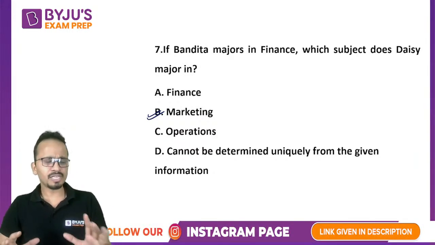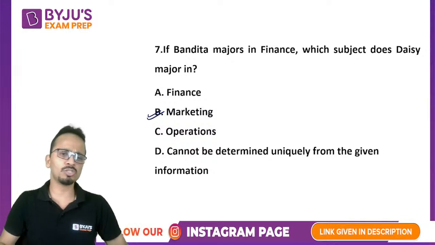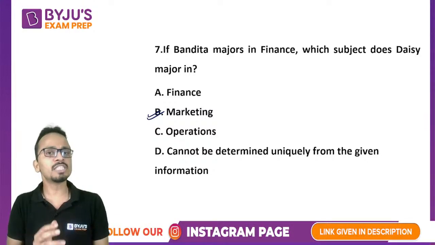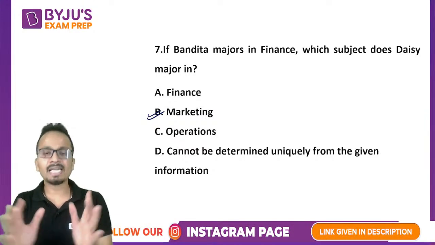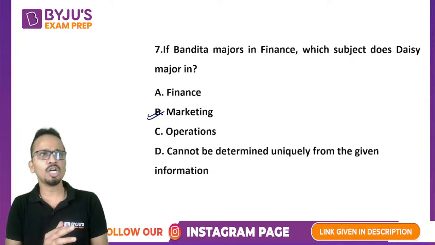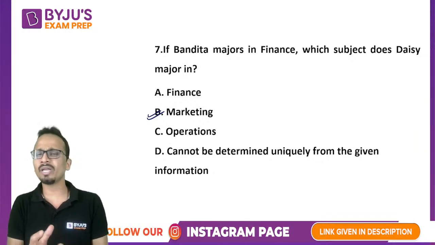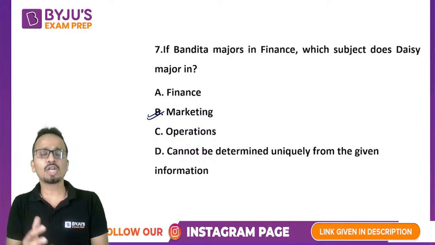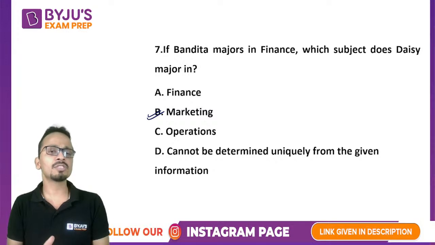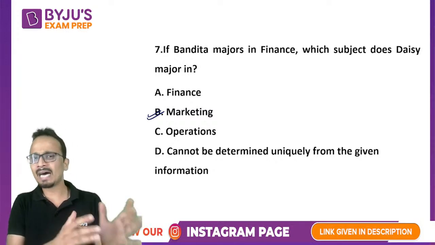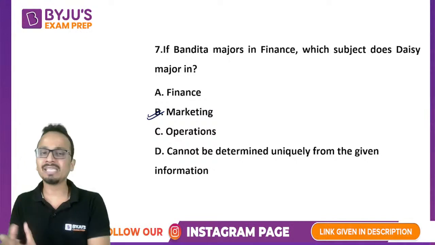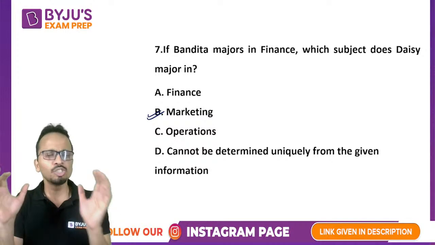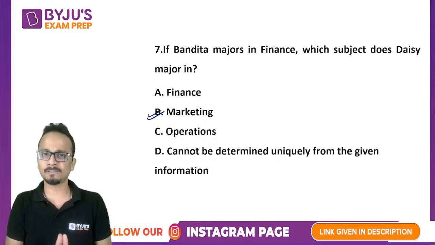Now I'm specifically talking about reasoning. I'm not talking about quant. I'm not talking about verbal right now. But if I talk about reasoning, you need to finish up all the topics that are there in reasoning. So we have a good number of topics to start with: coding, decoding, blood relations, direction sense. We also have clocks, calendars, Venn diagrams, cubes. Then arrangements, groupings of very basic type, seating arrangements which have linear arrangements, and then circular arrangements. So try to finish off with the basics of all these things, right?